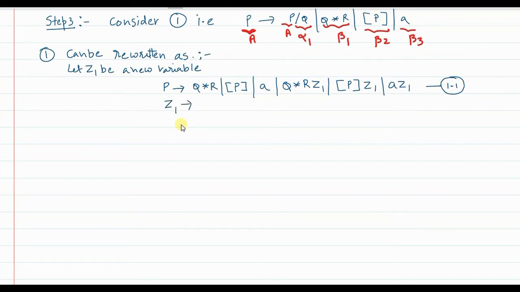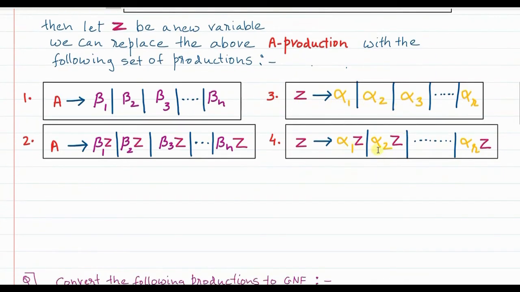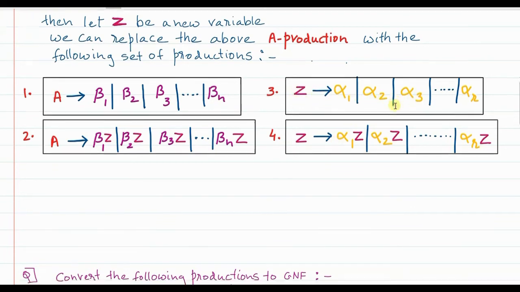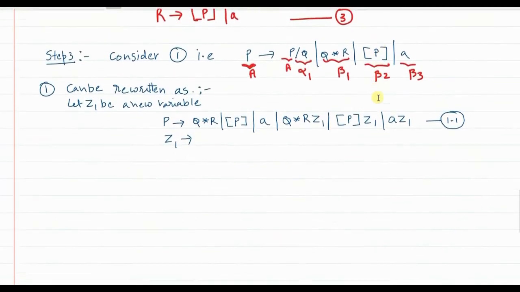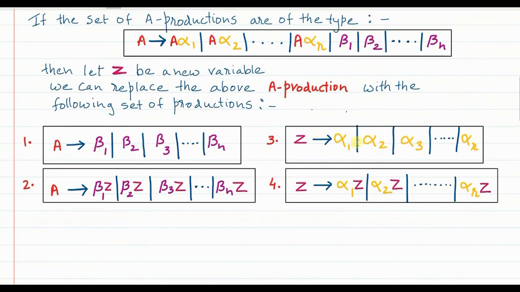third production Z1 itself can be written how? Since we have introduced Z over here, the Z production itself can be written by combining all the alpha terms together, and then the same terms, introducing Z with each term. So these two things. First we'll write the Z production. Z production is nothing but I have to combine all the alpha terms and write the Z productions. Now here, what are the alpha terms? There is only one alpha term, that is slash Q. There are no more alpha terms. So Z1 can be written as alpha 1 slash Q. Okay, so this completes this production.